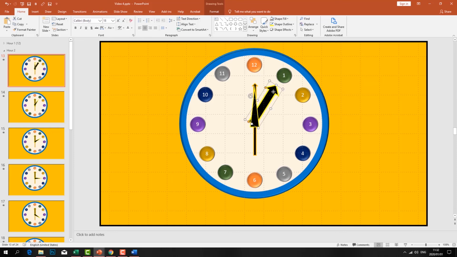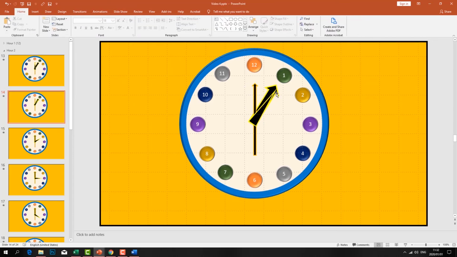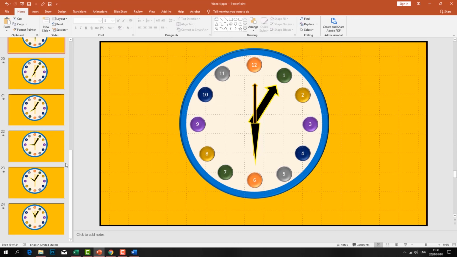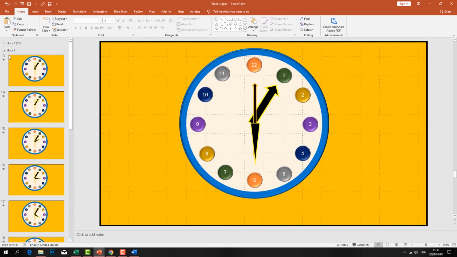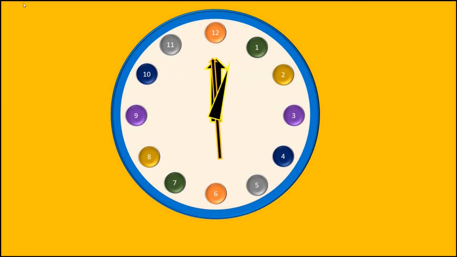Now just copy this to avoid confusion, copy this and go to the other one and then send it back, and delete the old one and do the same thing to all the sliders. Now after you copy, you will have something like this, and close the hour 2 and then run it automatically. You will see what happened here. Now this is what you get